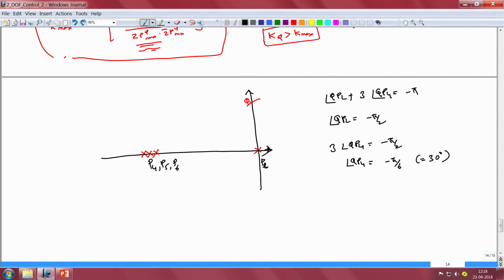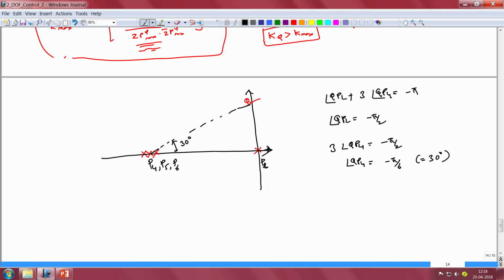So unlike the previous case where we had 2 poles for the controller, if we choose to go with 3 poles for the controller, the angle subtended by these 3 poles, assuming that they are coincident, is going to be equal to 30 degrees at the point Q instead of 45 degrees as it happened in the previous case. So if I were to connect these 3 poles, which are assumed to be coincident, to the point Q, then the angle formed by this line with respect to the real axis is going to be equal to 30 degrees.